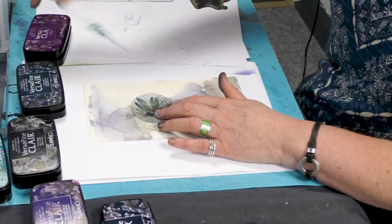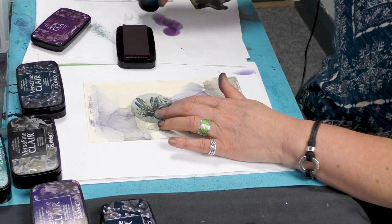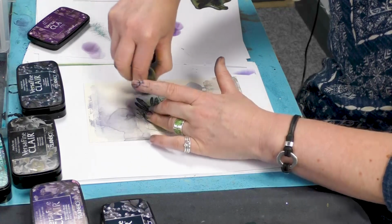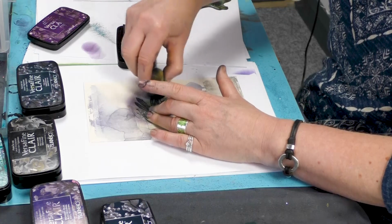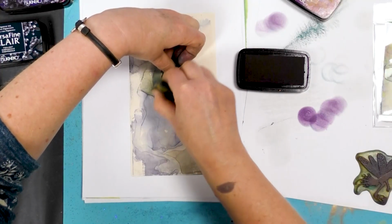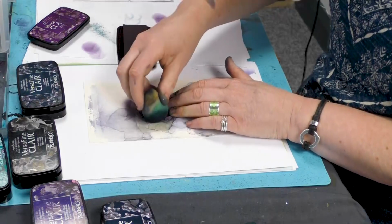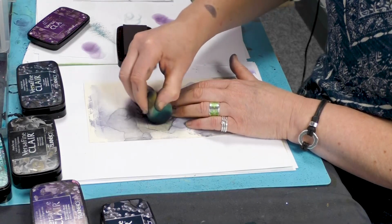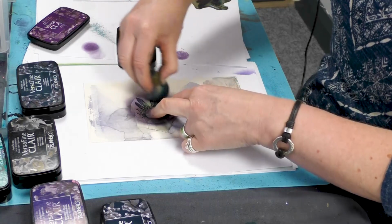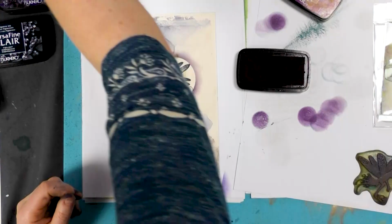And which colour shall we use? Maybe we'll use the monarch. Let's give that a go. I only want it to be very faint again, so I'm just working my way around the edge. And this just simply highlights the fairy or your focal point. Of course, you don't have to use the fairy. So just building that colour up now, a little bit stronger, just around the edge, and that makes it really jump out. Okay, let's pop that to the side,